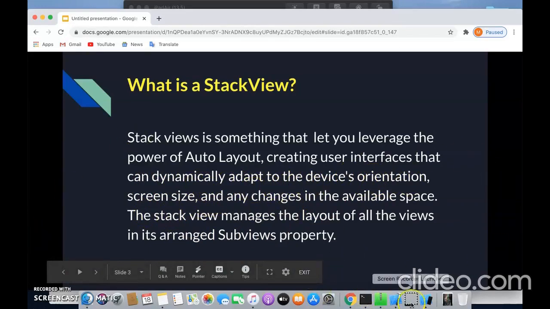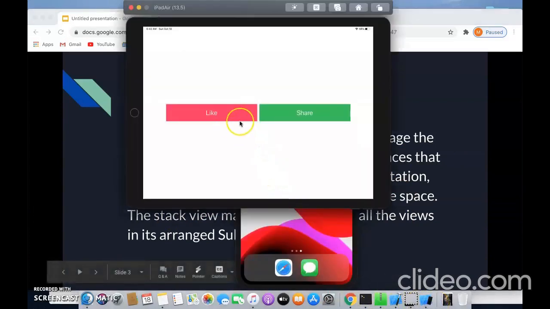For that, we have already checked that when we were removing the like button, the share button was acquiring the entire space. So this means it is acquiring the remaining space of the available area. So this is working properly for all the three cases.